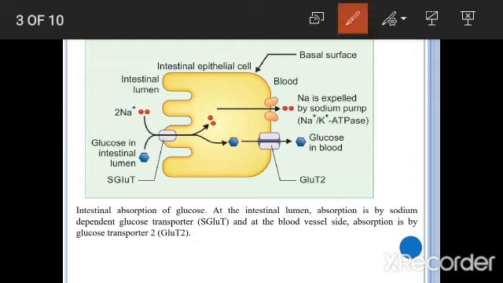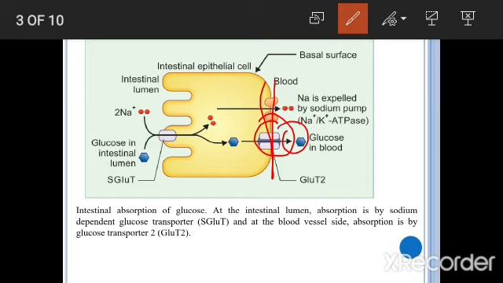So at this side, you can see you have a different glucose transporter, that is glucose transporter 2. Glucose transporter 2 is not dependent on sodium. It is a uniport facilitated diffusion, that is glucose binds to this glucose transporter, that will lead to the closure of the first binding site, and at the same time the binding site is now exposed onto the inner side of the membrane, releasing glucose